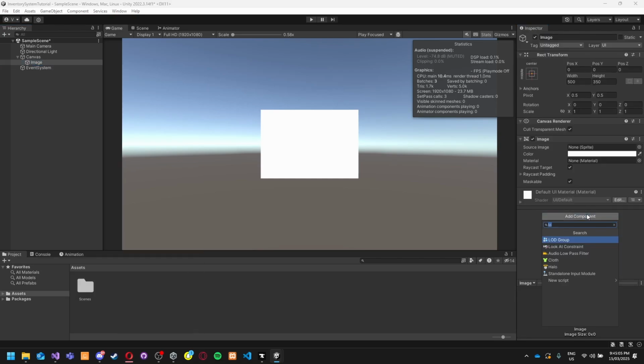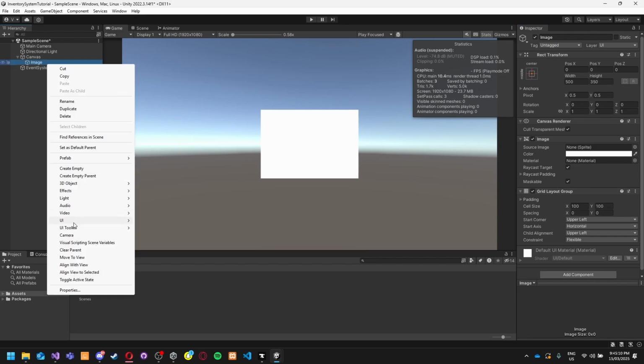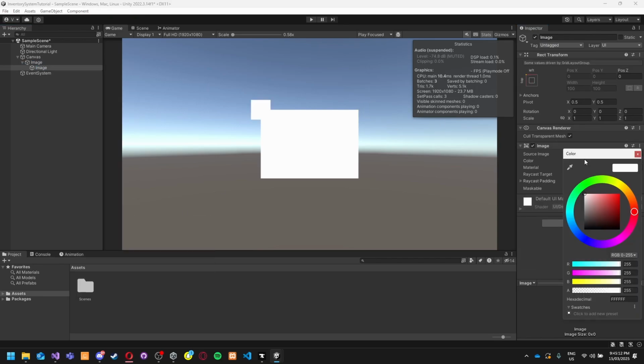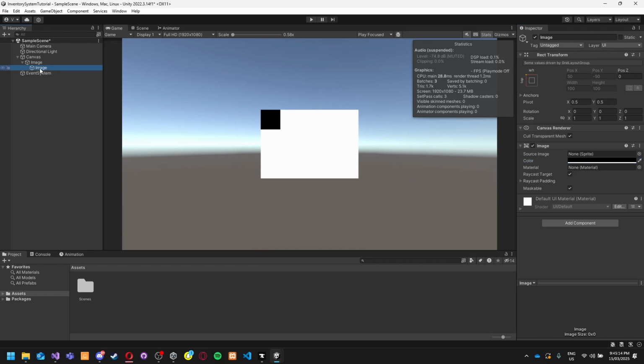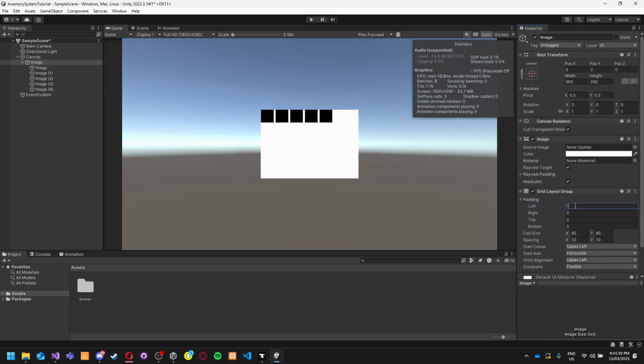Now we want to create something called a grid layout group, which will basically put everything we place underneath it into a grid. I'll just make this black so you can see. You can add things like spacing and padding and all this stuff. So I'm just going to make these maybe 65, and we're going to do 10 spacing. Padding will probably be 10 as well,